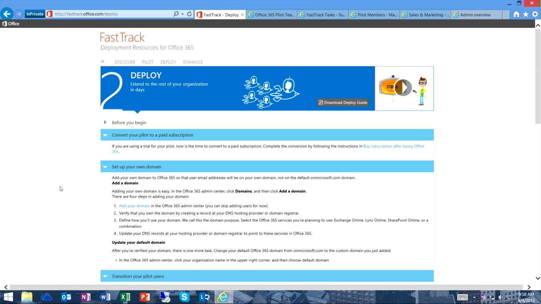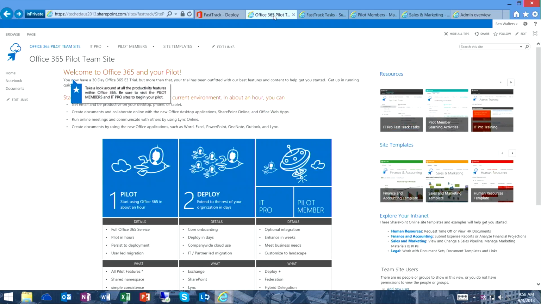And so what I wanted to show next was something that we're doing from our field and partner perspective with cloud deployment partners in the Microsoft field, is they can actually start your pilot for you. And when they start your pilot for you, the first experience is really your SharePoint team site. And the team site takes all of that great fast track information that's publicly available and then drills down into it so that you can have more information as you go through your pilot. So with a cloud deployment partner or with your account team, you can start your service and start moving forward, and SharePoint Online becomes the hub of your interactivity.